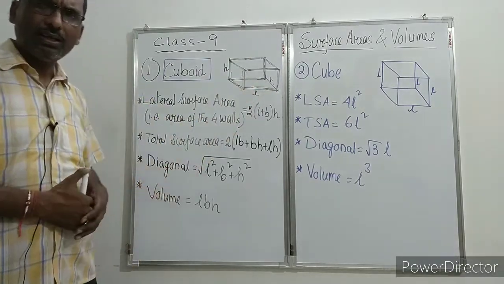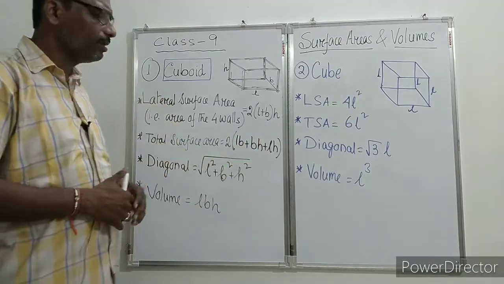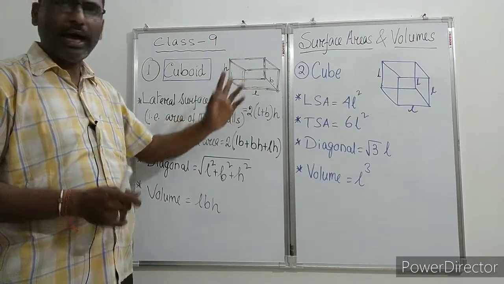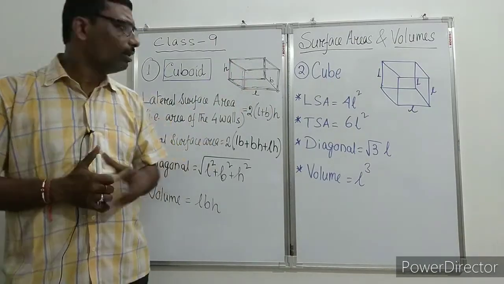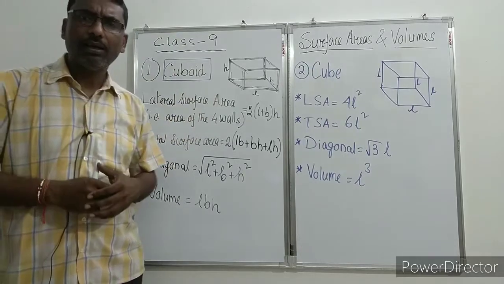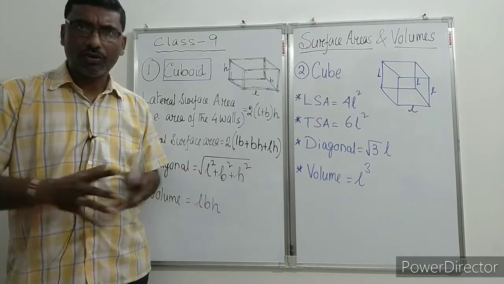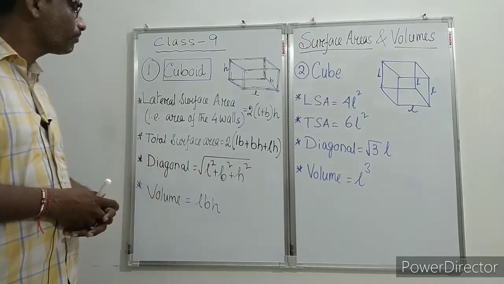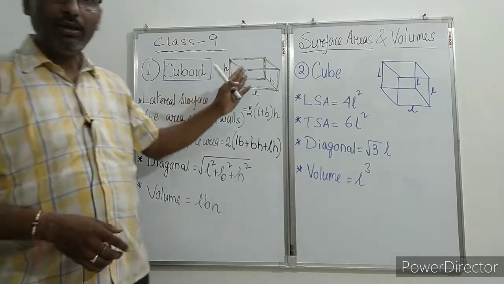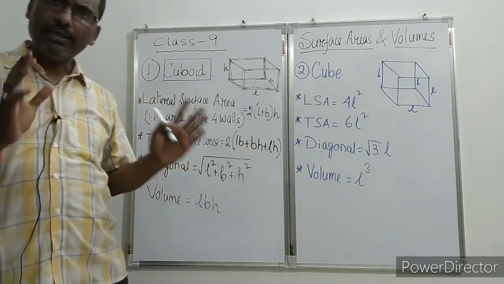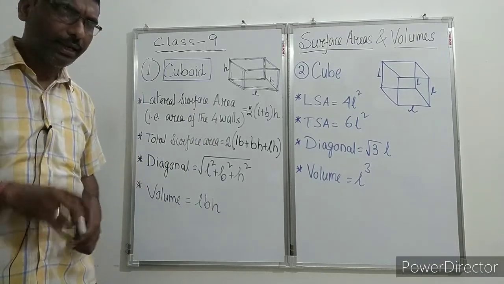Suppose you consider the room where you are sitting or the classroom, whatever the room it is, whose length, breadth and heights are different. These six-sided figures are called cuboid, like a brick, a rectangular room, or a cuboidal box. There will be six sides and each side of the cuboid is a rectangle. Okay, remember this, each side is a rectangle.